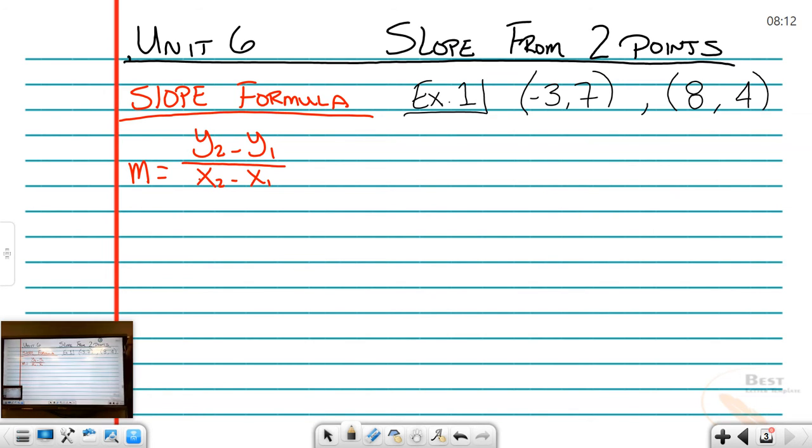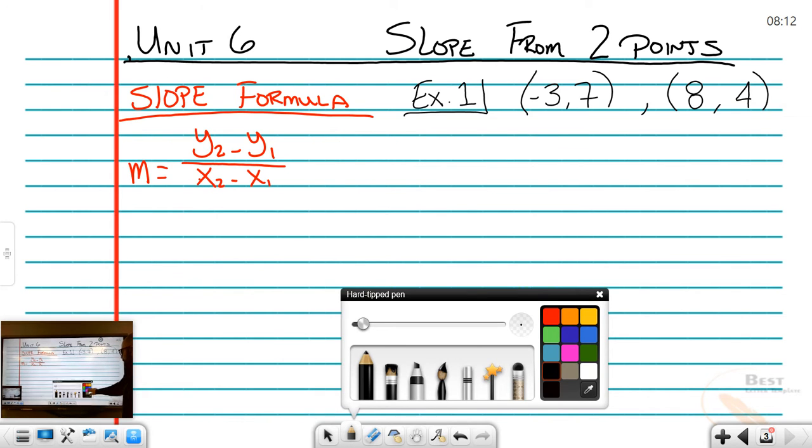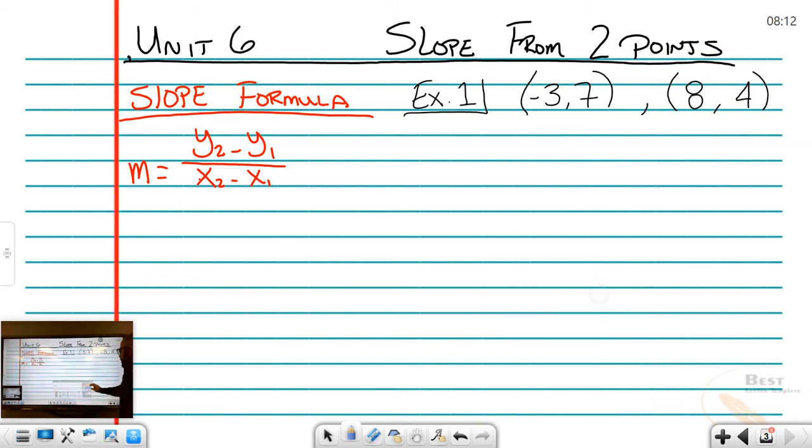We're going to find the slope between those 2 points. So the first thing is I'm going to label, right? Now you don't have to do this first step, but I recommend it because it'll help you stay organized. So step 1, I'm going to label points